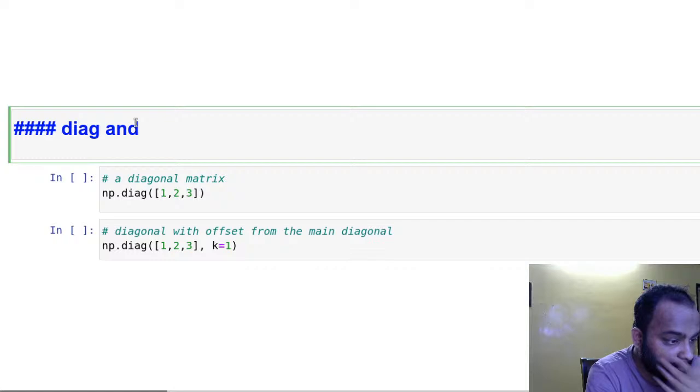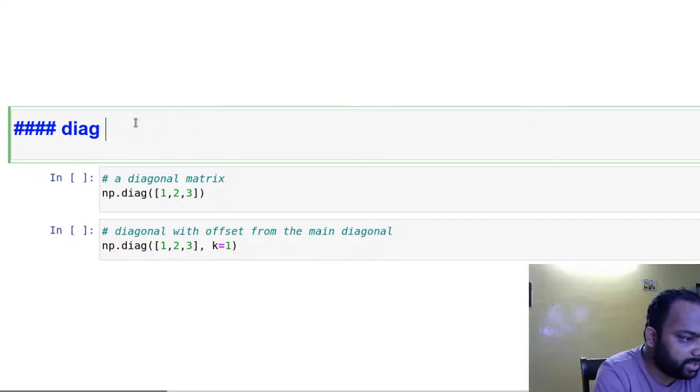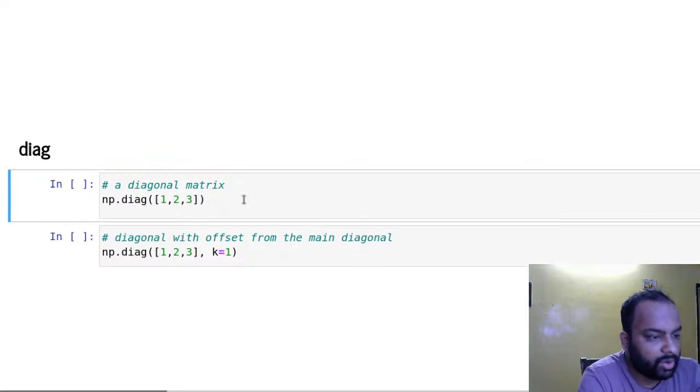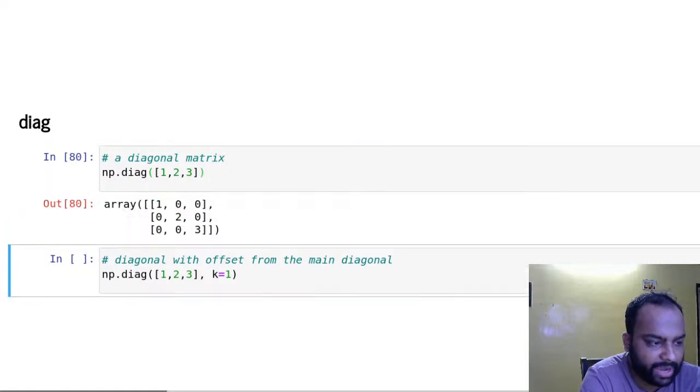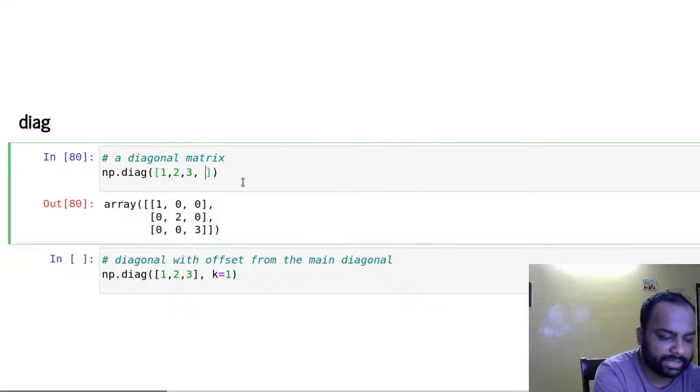Okay, I'm going to see whether these are there. Hold on. Okay, right. So now we can create, again, these are often required in many cases, right? I want to create a diagonal matrix. What if I want to create a diagonal matrix? What is the diagonal matrix? I only have elements in the principal diagonal, and everything else is a 0, right? So something like that. Say, for example,